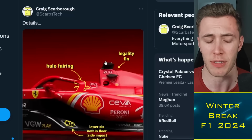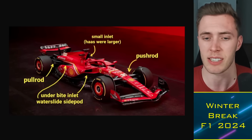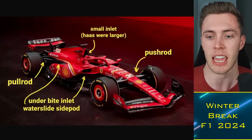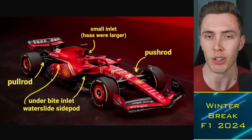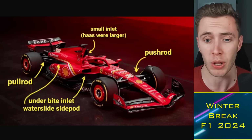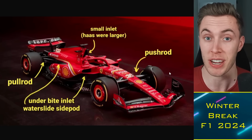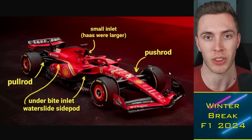One somewhat surprising thing I thought, though, that Craig Scarborough was pointing out was that the suspension design is not the same as last year, but it's the same overall structure. They're still running a pull rod rear suspension and a push rod front suspension. Now, Red Bull do the exact opposite. They have a pull rod front suspension and a push rod rear suspension, and yesterday we saw that the Aston